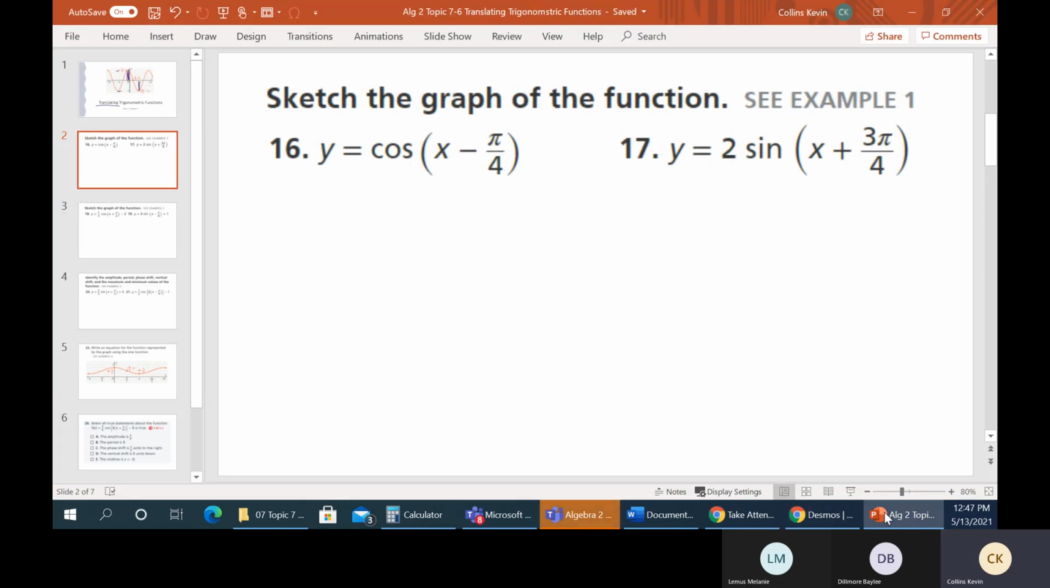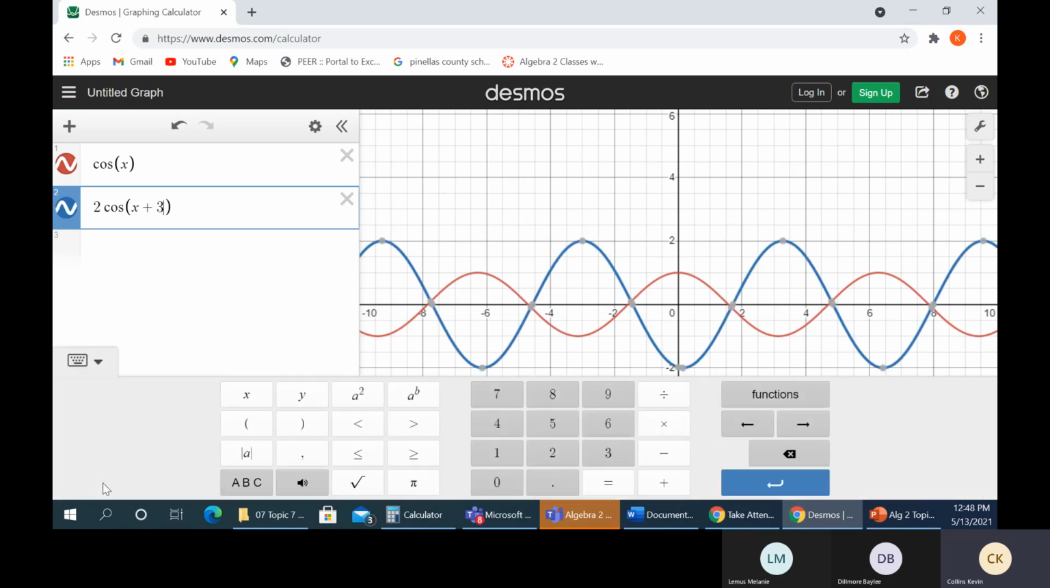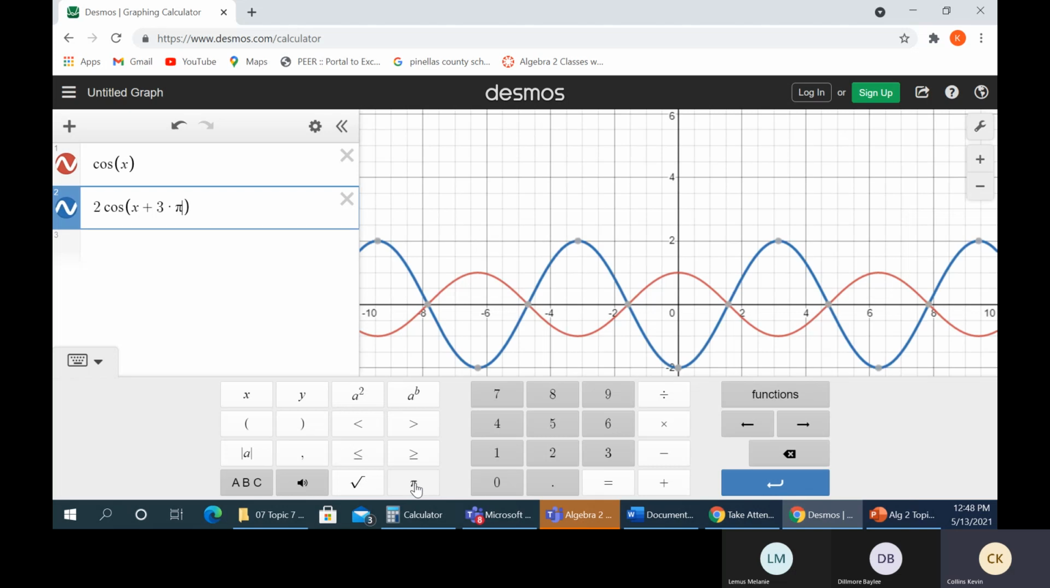Now our new guy, we got a 2 out front and then 3 pi over 4. Okay. So we'll put a 2 out front. So this will be twice as high. And then this time we're going to move to the left. So it's going to be 3 times pi, and then divided by